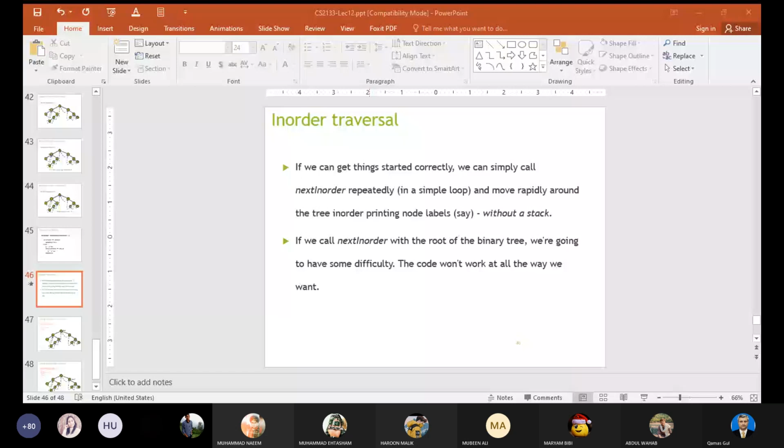So we have this problem with the next in order code that it is not working with the root node. So what we have to do, we have to resolve this situation. And for that purpose, we have to introduce a new node before the root node. रूट नोड से ऊपर या उससे पहले हम एक नया नोड इंट्रोड्यूस करवाएंगे, और लेट्स सपोज हम उसे एक डमी वैल्यू देते हैं, जो कि हमारे कोड को सक्सेसफुली रन करवाएगी, ठीक है।